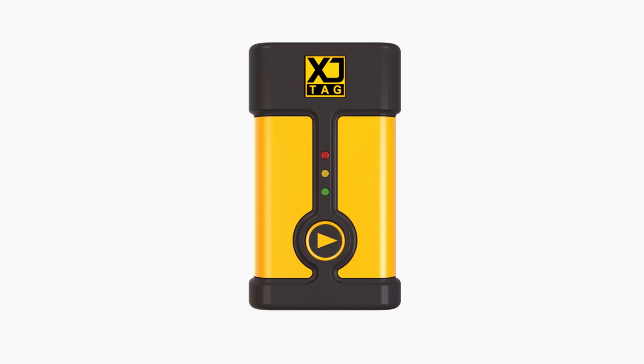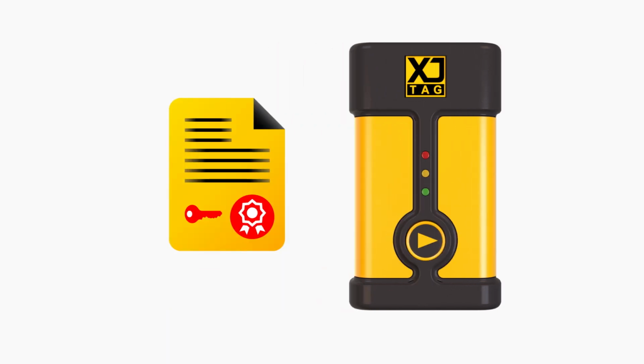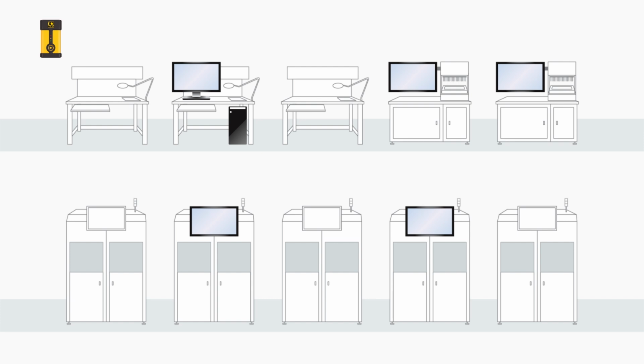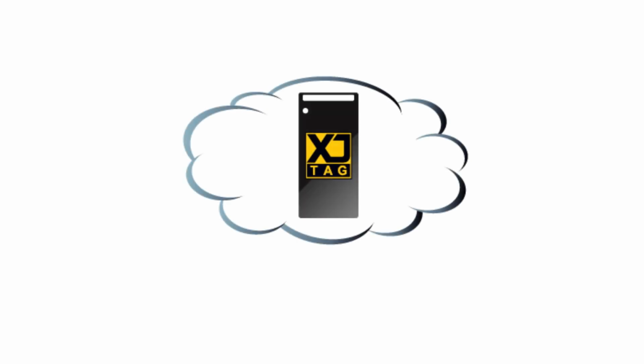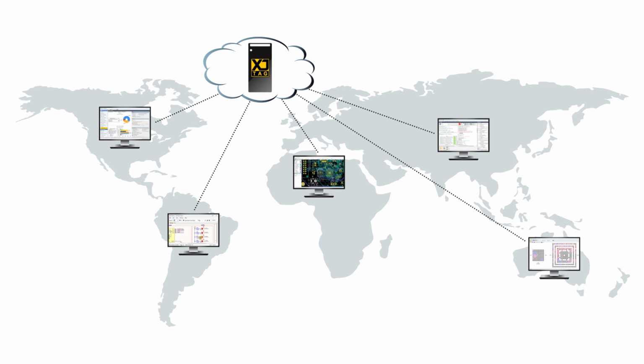There's another advantage to how the licenses work. Because the software license is normally held in the JTAG controller, you can install XJRunner on as many PCs as you want, and simply move the XJ-Link 2 between stations or production lines as required. You're not tied to using it on just one specific PC. As an aside, you may like to know that network software licenses are also available as an alternative, offering the flexibility to share licenses between sites.